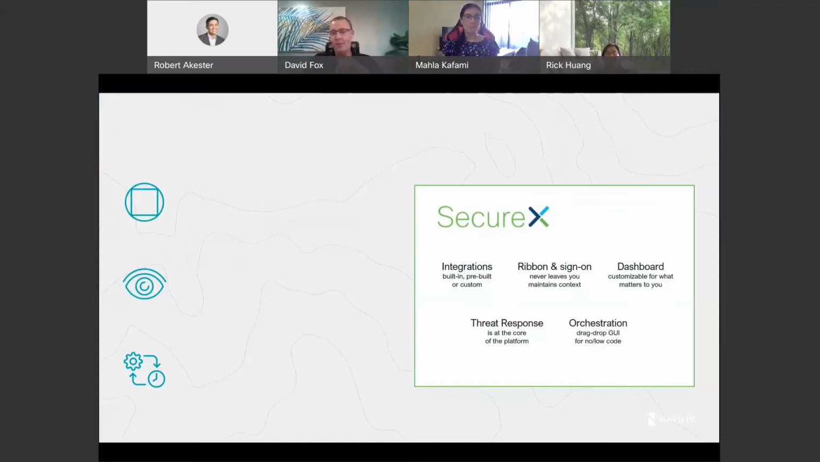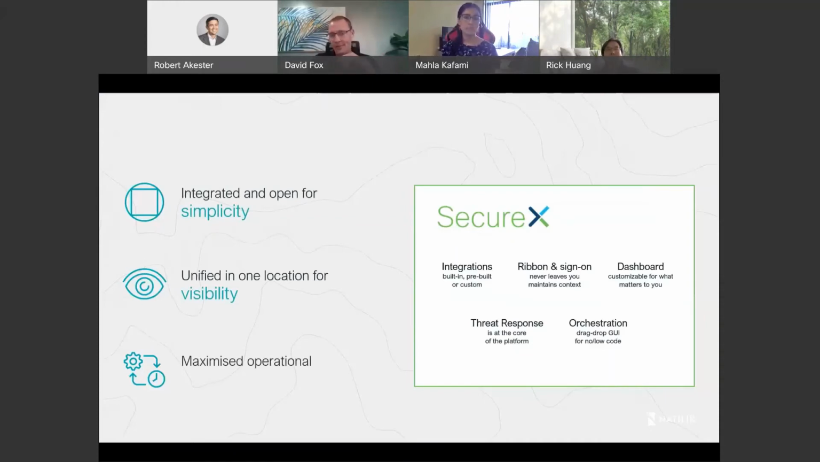So what we look for with SecureX is an integrated and open, simplicity approach. We're looking for one location for visibility. We're addressing those concerns from the CISOs. For the 87% that said orchestration was a challenge, we're bringing it all together in a single location for visibility. A lot of people also said automation was a challenge, so we're maximizing operational efficiency. We're bringing together the integration of all these products, with a single dashboard to access